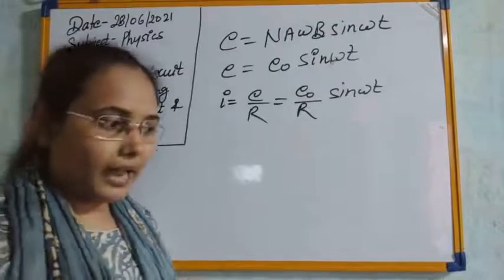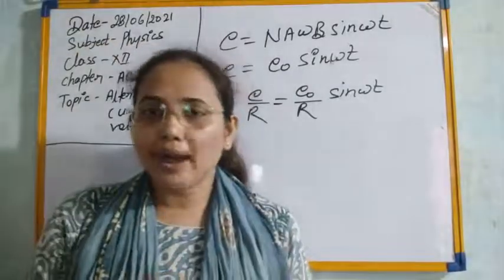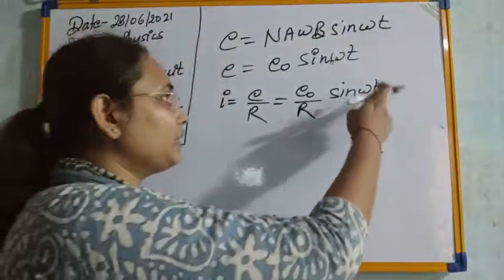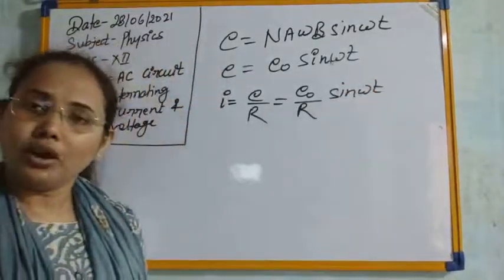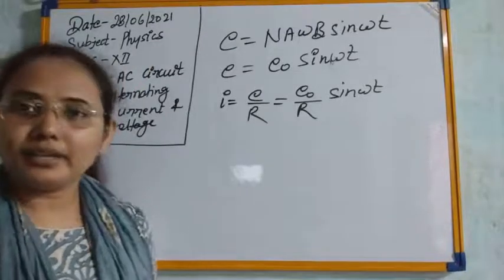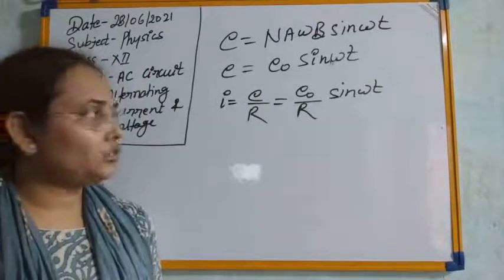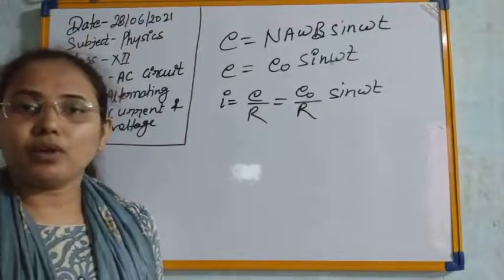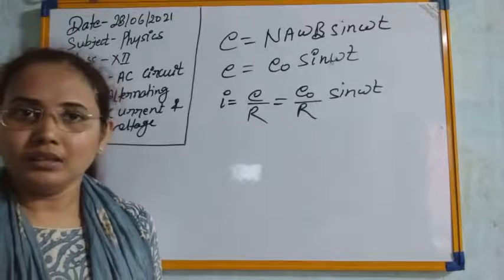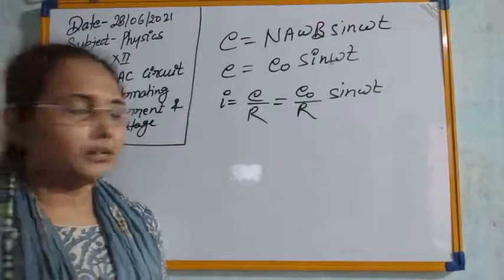So if, suppose, at 2 seconds you have to find the value of current, then you can use this formula by putting t equal to 2. Or if you have to find it at 5 seconds or 8 seconds, then you can directly calculate the value at that instant by using this formula. So this formula provides us the instantaneous value of the current for a certain given value of time.